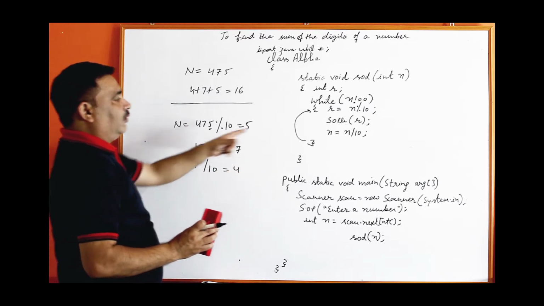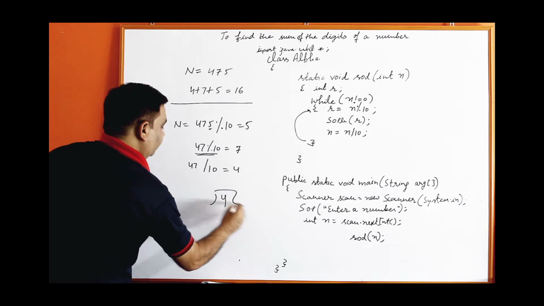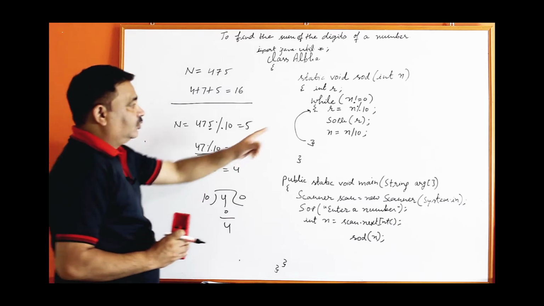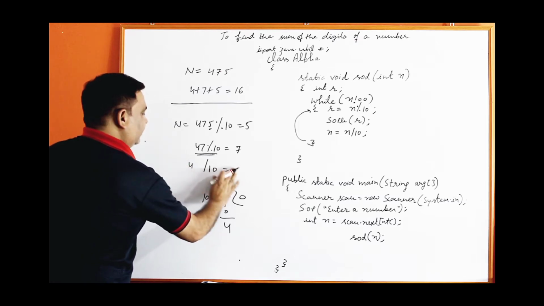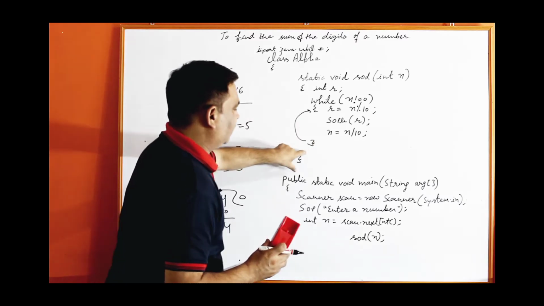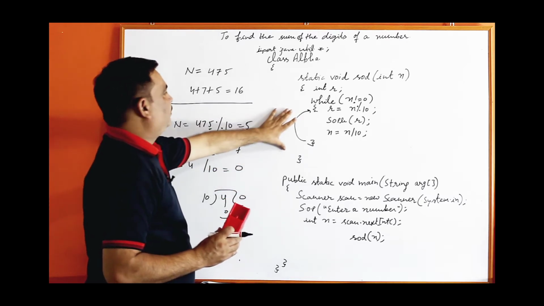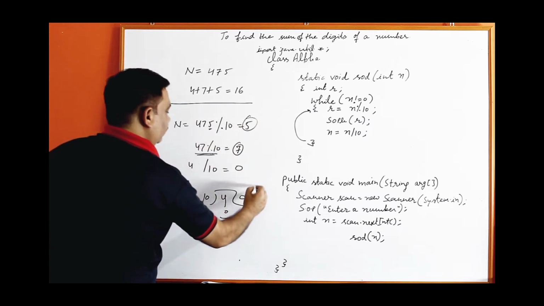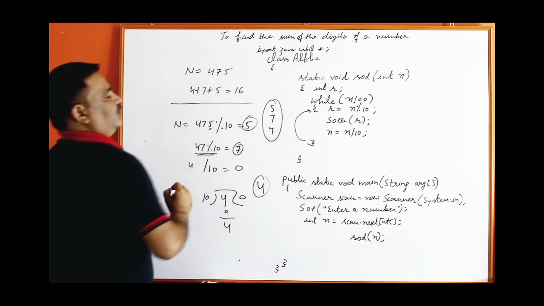Again come here. Now, n which is 4 is not 0, so 4 modulus 10. Remember, when you divide 4 by 10 the remainder will be 4, not 0; 0 is the quotient part. So, print 4, divide 4 by 10. Now, finally when you divide 4 by 10, n will become 0, the loop will be terminated, control will come out of the loop, and this function will be finished. So, in such a way you can print the digits 5, 7 and finally 4. This will be the output of this program.